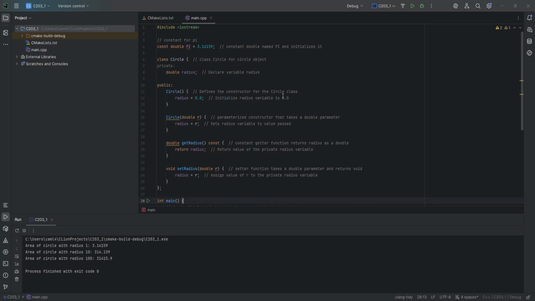For my lesson 3 interview, I have to make a program that creates a circle class with constructors, getters, and setters, and use the class to create circle objects with radiuses of 1, 10, and 100, and display the area of each circle. So we start with our header, which is the iostream, which includes the input-output stream library, and